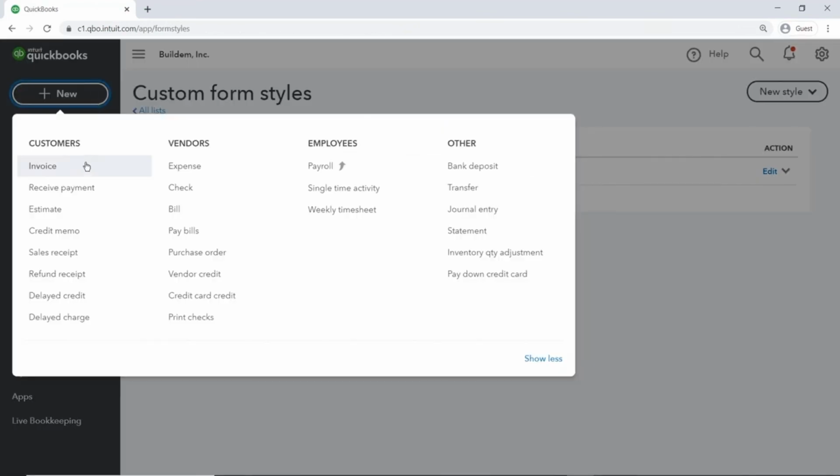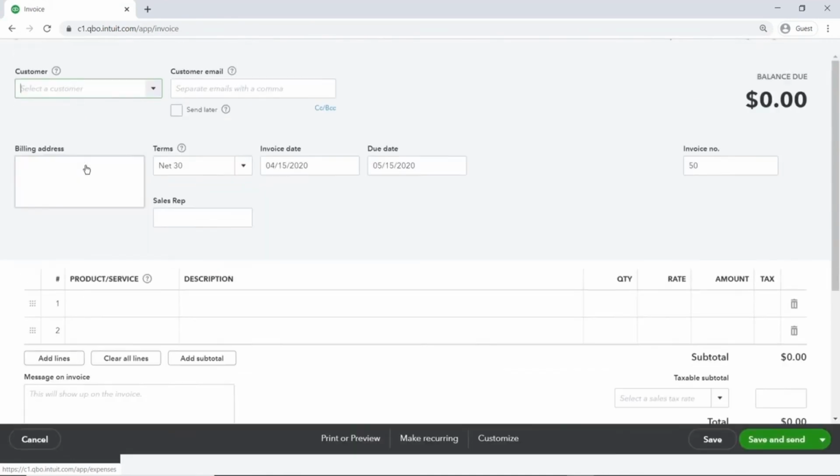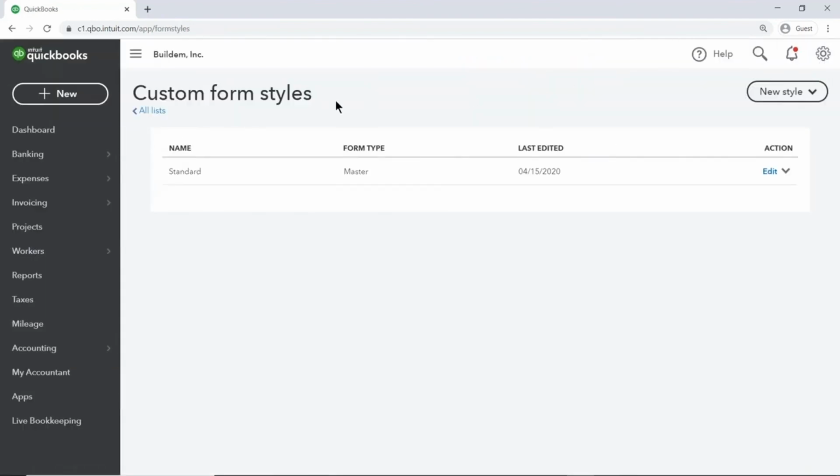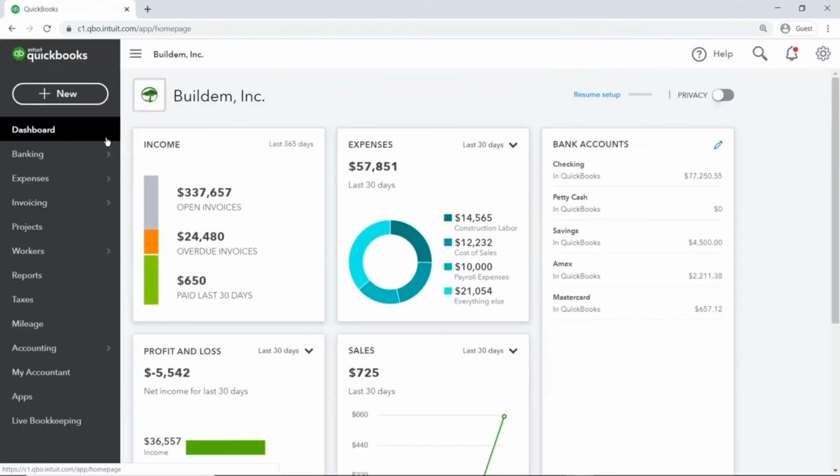If you have multiple sales form templates, you can choose between them when entering your transactions. Click Customize and choose the form you want to use. Once you've saved a transaction with your new template, the next time you go to create the same type of transaction,